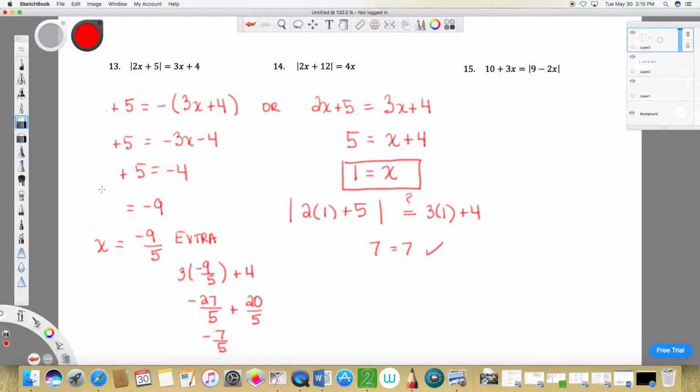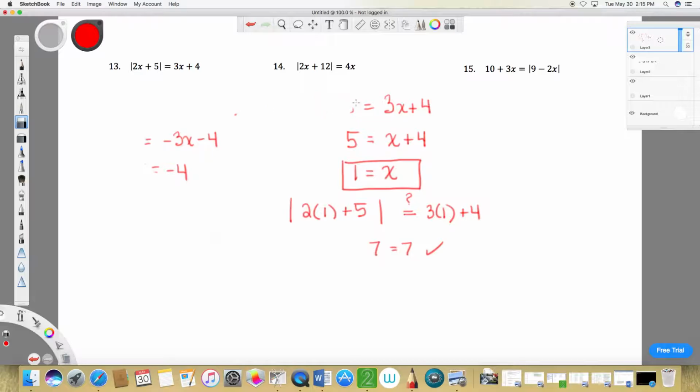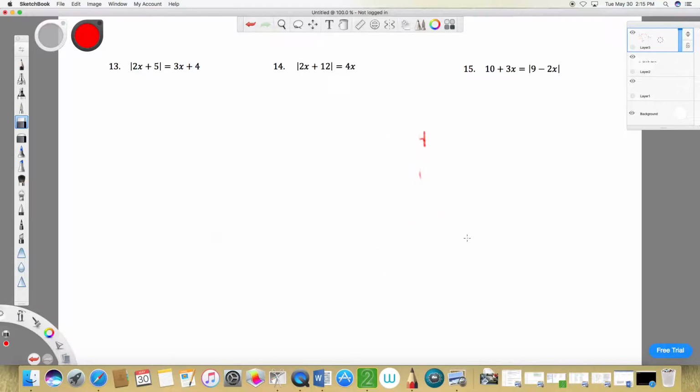All right, so let's take a look now at number 14. All right, so we've got that 2x plus 12 could be the opposite of 4x, or that 2x plus 12 is equal to 4x. So if we add 4x to each side,